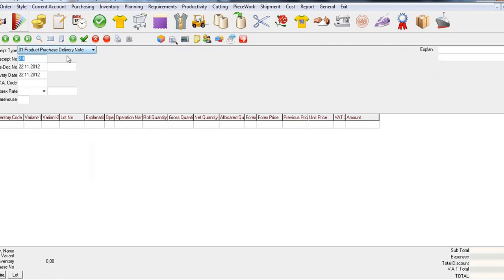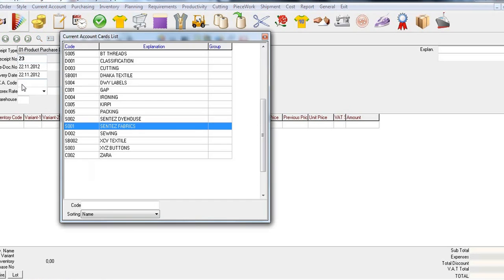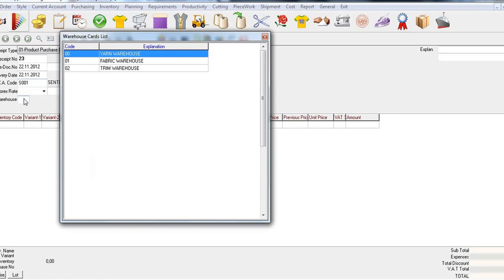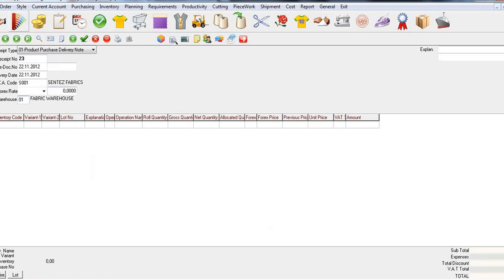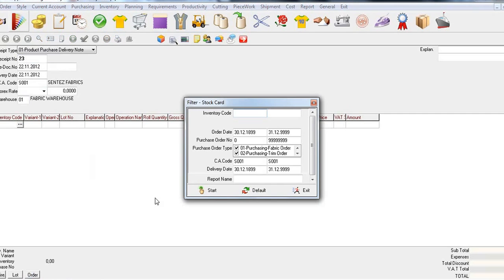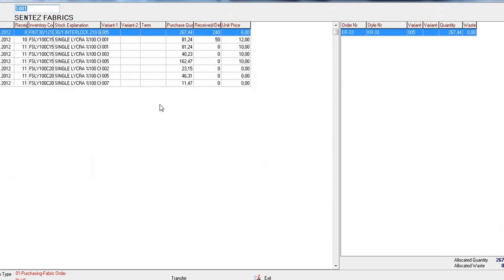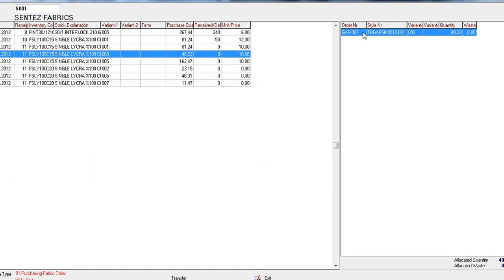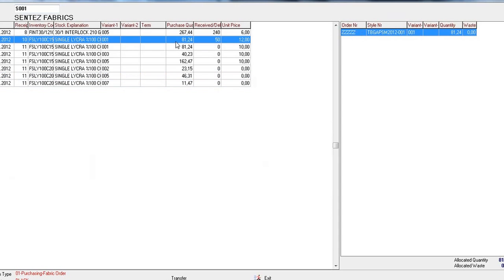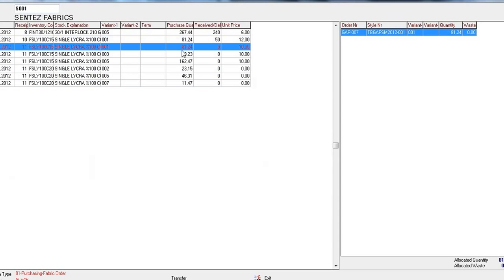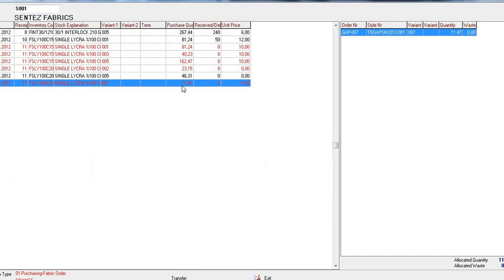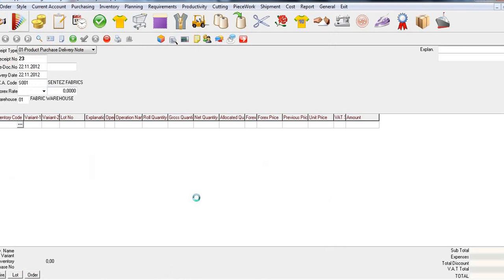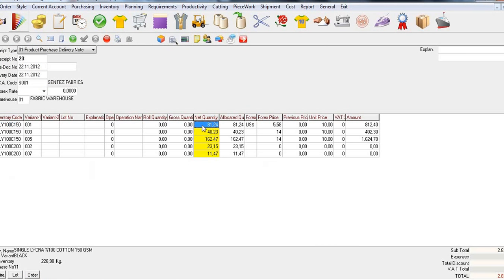So the warehouse keeper will only need the supplier and his warehouse code, then we'll select the fabrics that he is waiting for from that supplier, and from that screen you can also see for which order he received these items. So let's assume that we received these fabrics. We can receive more than we need,